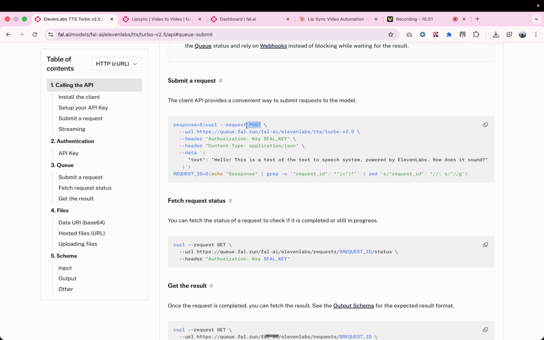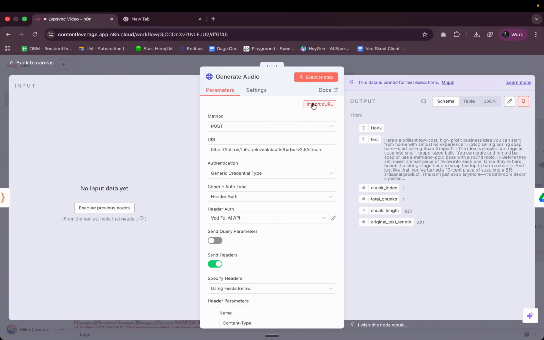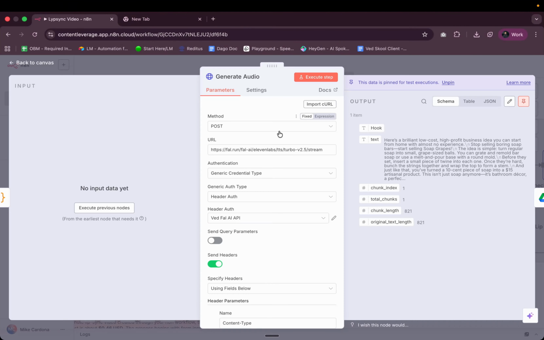We need to make a POST method here, so we're gonna use POST as our method. Then we need to call this URL to call this model, and we need to pass two headers. One is for authorization, and the value is key and your FAL.ai key. The other is content type application/JSON, and this is the data we're gonna send, right? So all you need to do is go there. You can import the CURL directly from here. You can just paste it and import it, or better, if you want to understand it,